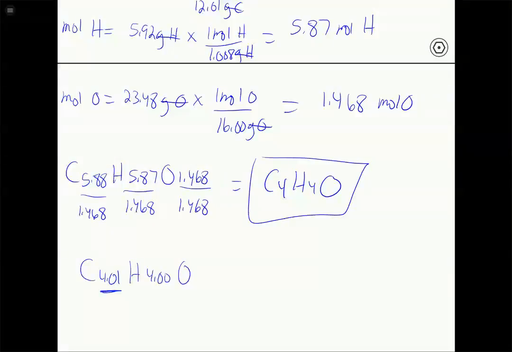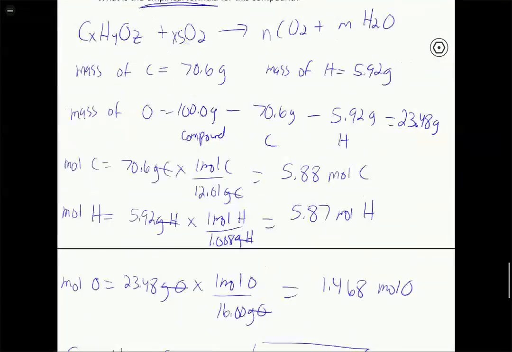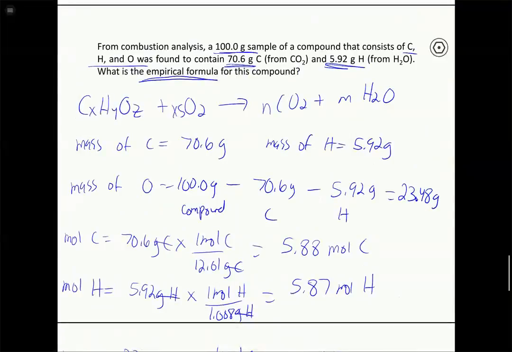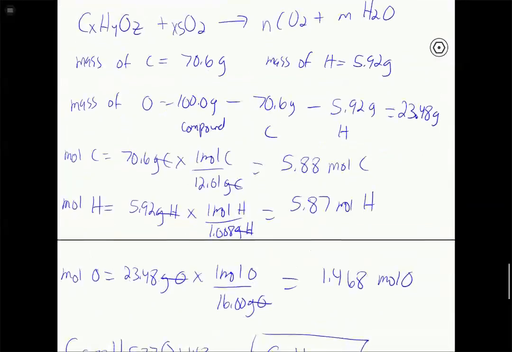too much rounding in these problems. If it's more than, let's say, 0.1 or so, we don't want to round it. But here it's really close. We can just round to C4H4O. Alright, so this was again a pretty typical problem. We set it up as a combustion analysis problem, but we gave you the mass of the elements directly, so that turned it into a pretty straightforward problem, but a lot of steps because we have 3 elements in this